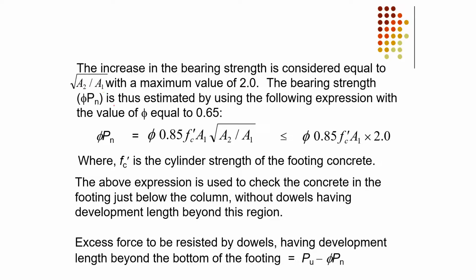The bearing strength phi Pn is thus estimated by using the following expression: phi Pn equal to 0.85 Fc prime A1 under root A2 by A1, and that maximum value can be used as 2. Okay, so less than or equal to 2. Here is the formula, where Fc prime is the strength of the footing concrete. The above expression is used to check the concrete in the footing just below the column, without dowels having development length beyond this region. Means without dowels, is your footing size okay, or do you need to provide the dowels? And if this capacity,